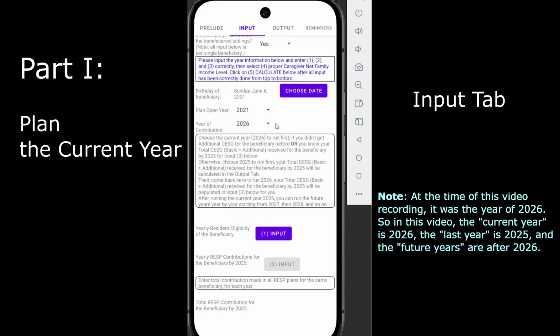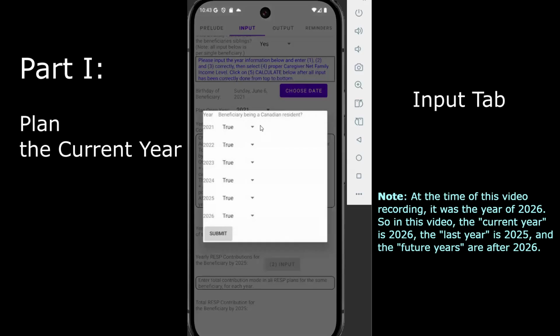With the year information entered, we can now enter the yearly resident eligibility of the beneficiary. For each year from the beneficiary birth year to the contribution year, choose true or false on whether the beneficiary is a Canadian resident or not.